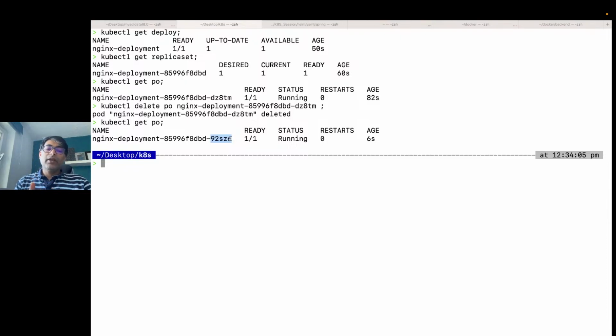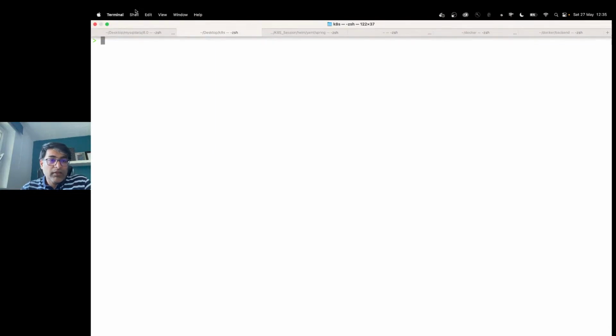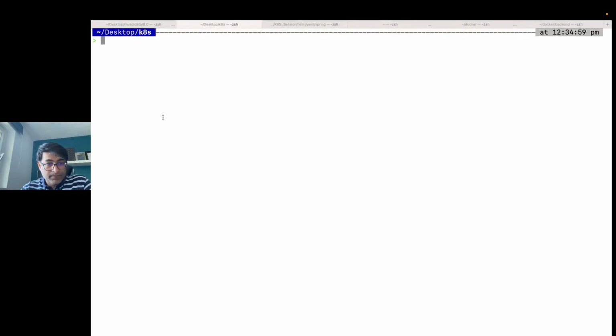So in this way, even if someone accidentally deletes it, we should be able to bring it up, and Kubernetes will automatically make sure that the required count of 1 is recreated. That is the magic of Kubernetes. Now, if there is a lot of load on your application, it has to automatically